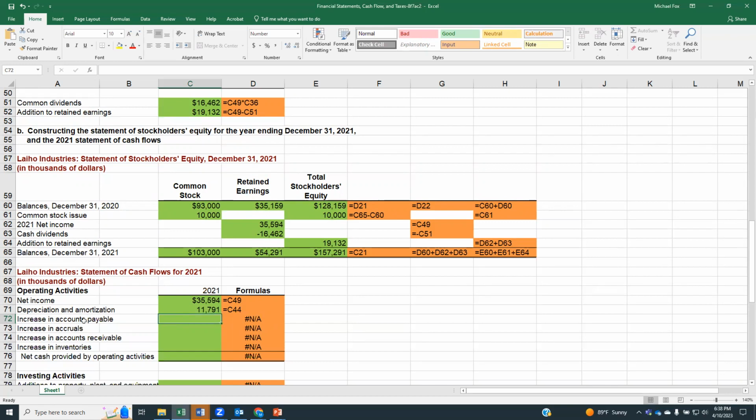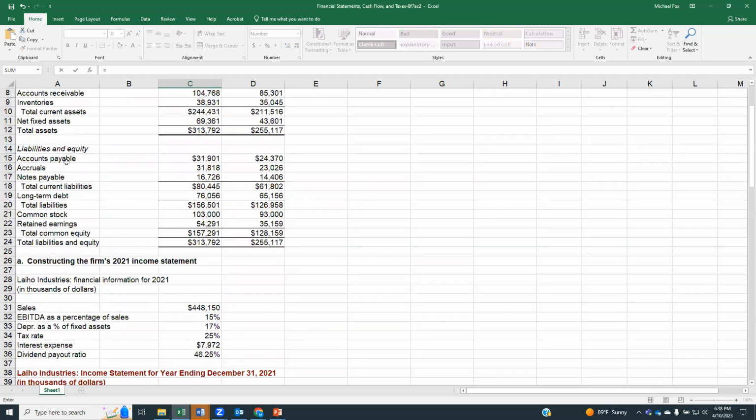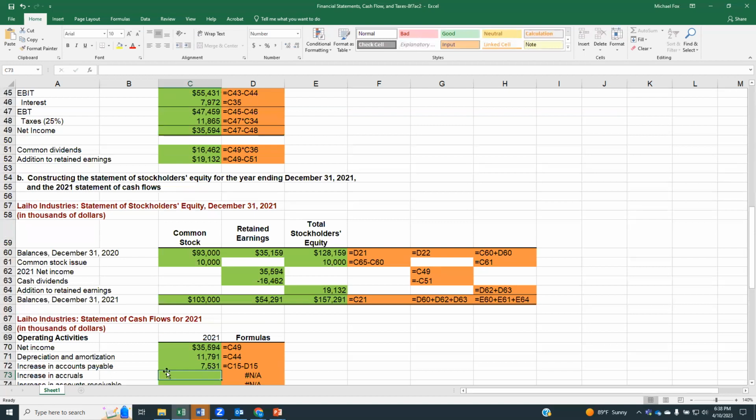So accounts payable is a liability, or a debt we owe to someone. So we're looking for the increase in accounts payable. So I'm going to come up to my balance sheet. I'm going to find accounts payable, and I'm going to take this year's accounts payable minus last year's accounts payable. That gives me the difference between the 2 years. So our accounts payable went up by $7,531. So we're going to also do a positive or an up adjustment to our cash,